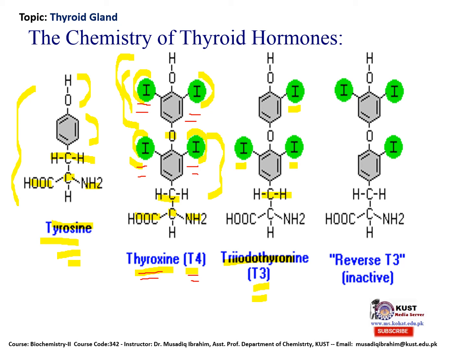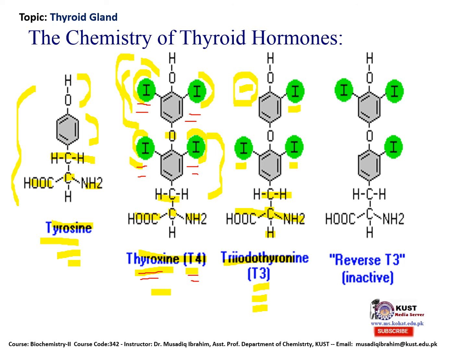And the rest of the structure of triiodothyronine is the same as thyroxine, but the only difference is the absence of an iodine atom at this position, which in the case of thyroxine is covalently attached here. So only because of the absence of an iodine atom at this position of the aromatic ring, this is the modified form and results in the formation of